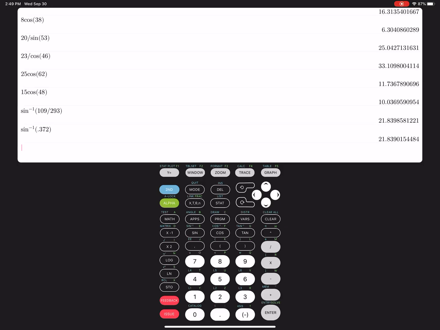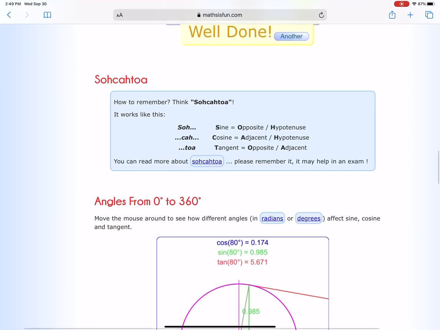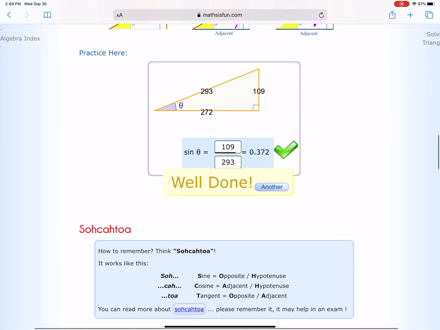So all it's doing is giving you that fraction. It's not actually giving you the angle. The whole point is it's letting you practice the ratio, seeing if you can identify the right sides